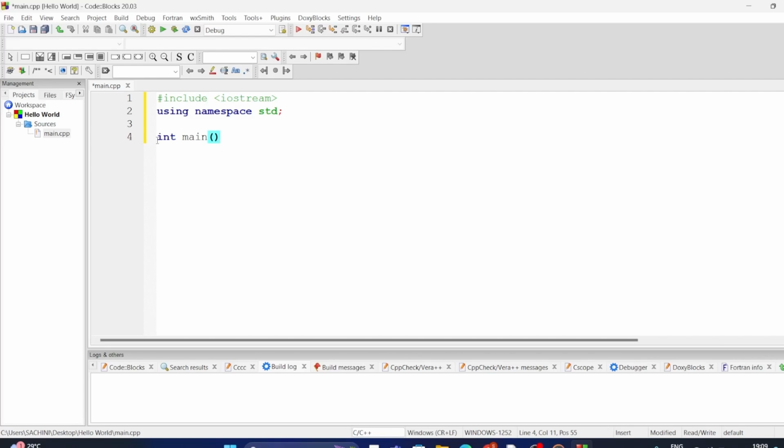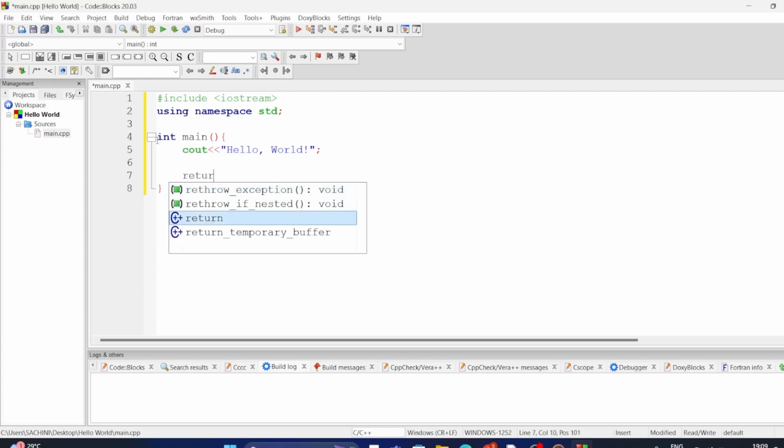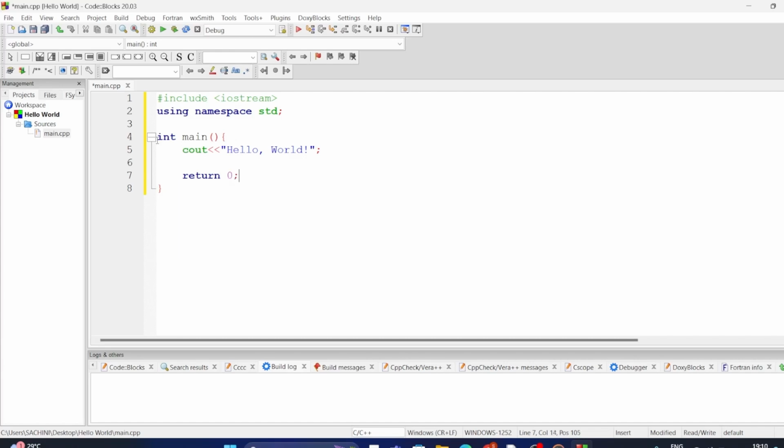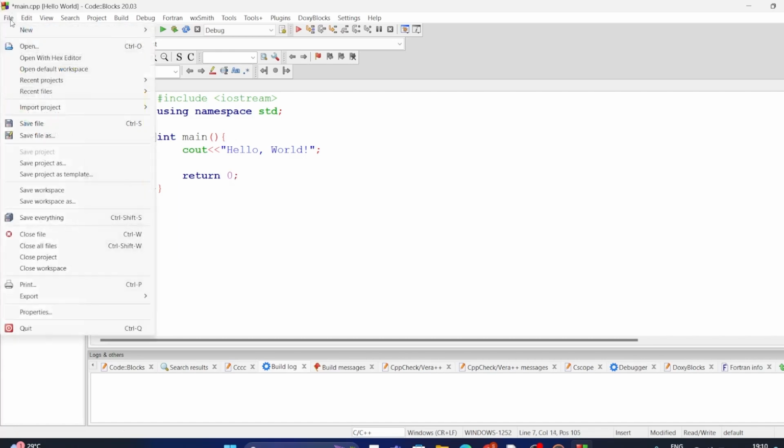Here, within the curly braces, we'll write the statements we want to execute. To print something on the screen, we'll use cout like this. cout << "Hello World"; This line will print hello world to the console. Remember to end the statement with a semicolon. Finally, we'll return a value from the main function using the return statement. Returning 0 indicates successful execution. return 0;